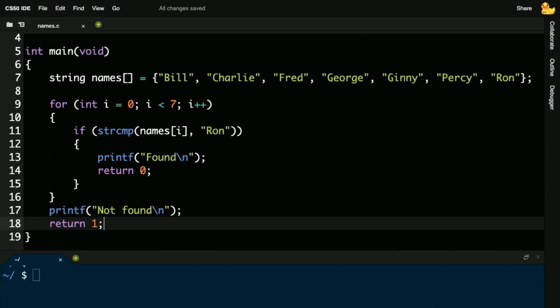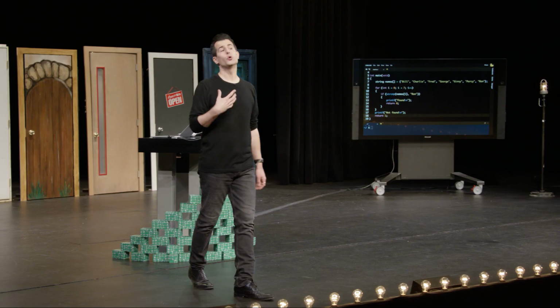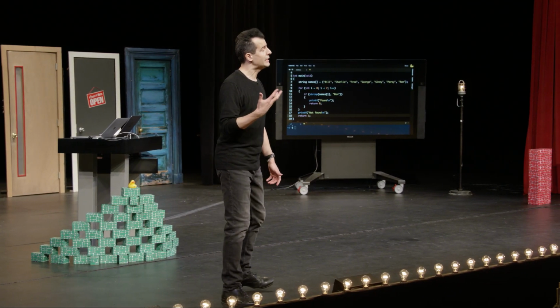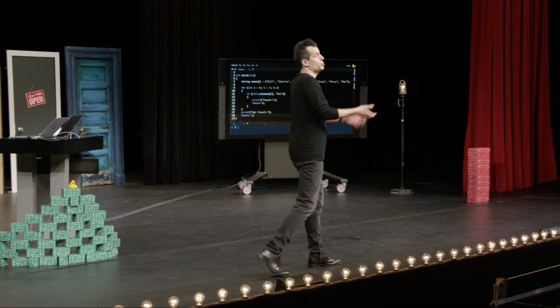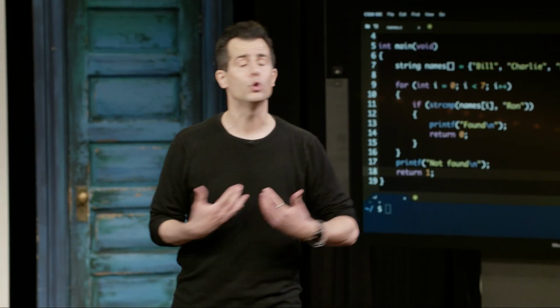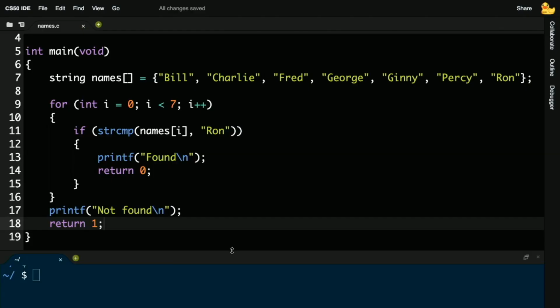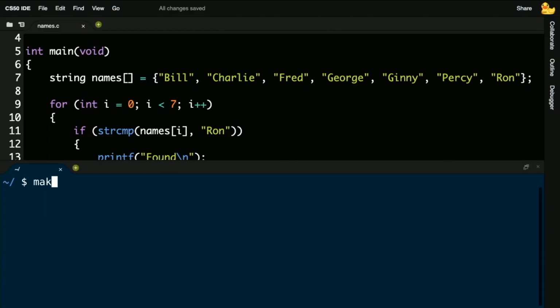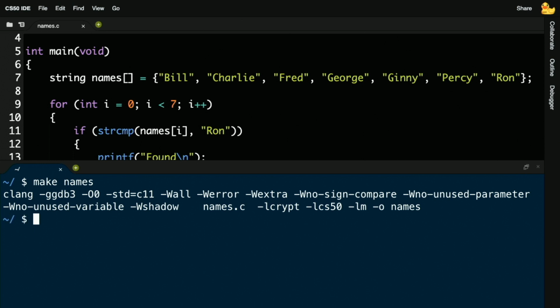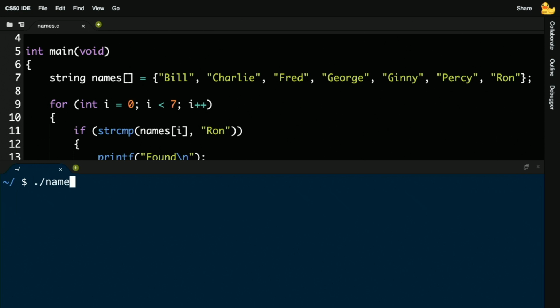So even though I've hard-coded everything, to hard-code something in a program means to type it out explicitly, you could imagine using a command line argument like last week to get users' input. Who would you like to search for? You could imagine using getString to get users' input and ask them who would you like to search for. But for now, just for demonstration's sake, I've used only Ron's name. And if I haven't made any typos, let me go ahead and type in make names, enter. So far, so good. ./names, and I hopefully will see indeed found, because Ron is very much in this array